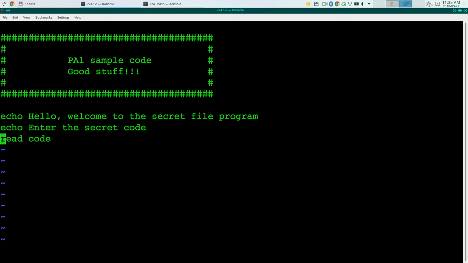Okay, so we're going to read a secret code, and now we're going to see if the code is correct. So, if double bracket $code comparison with equal sign, same as C. So what should our secret code be? 1, 2, 3, 4. You're better than the last class because they did 1, 2, 3. They've got lax security practices. Okay, so if $code equals 1, 2, 3, 4, then